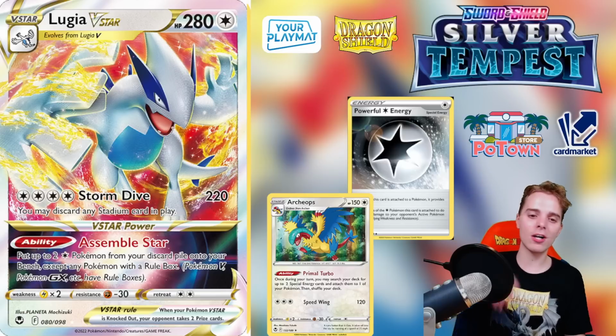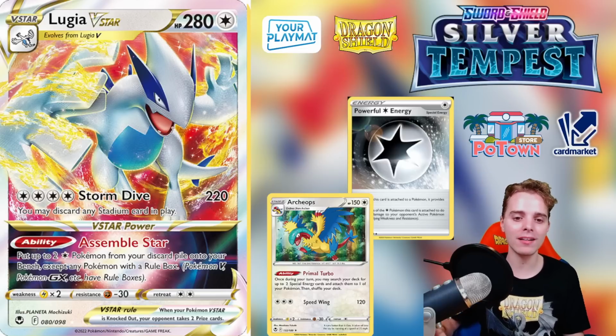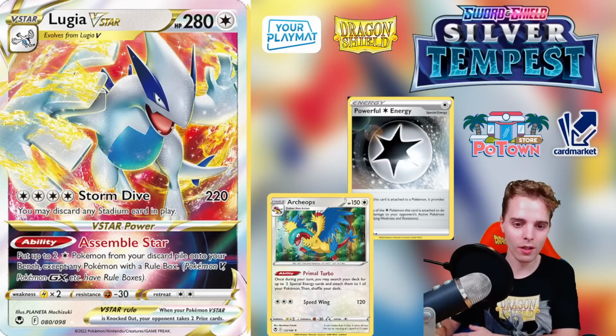Then there's 2 more cards that are powerful and gonna have the most impact in the format. Are you guys ready? Number 2,